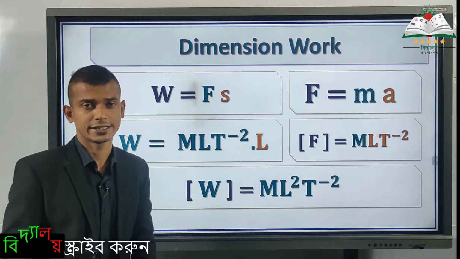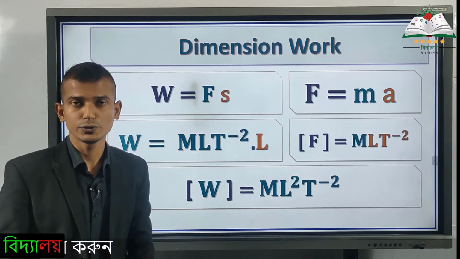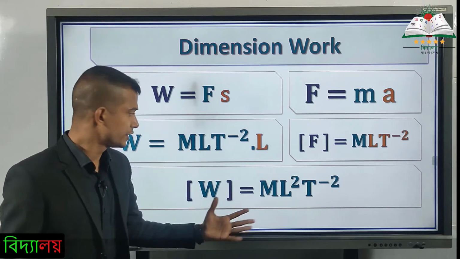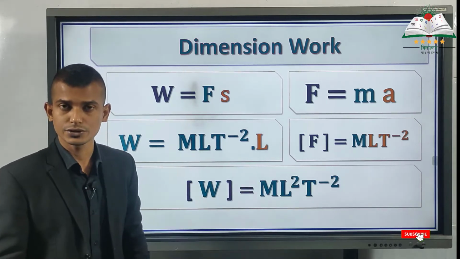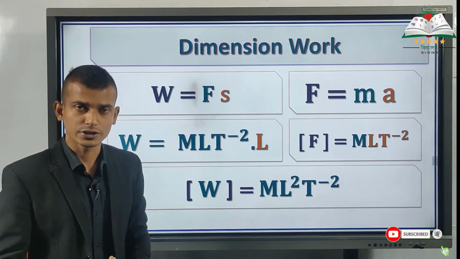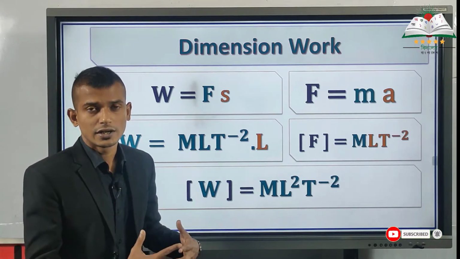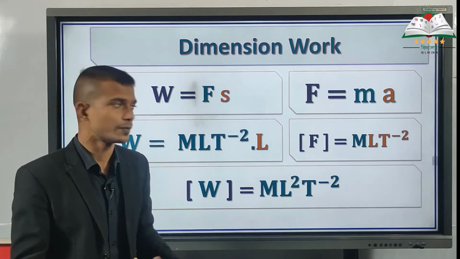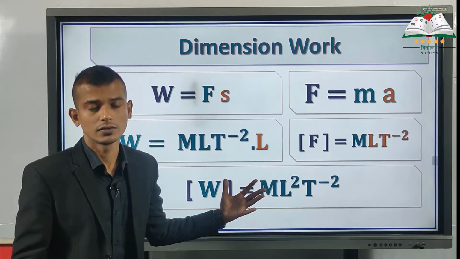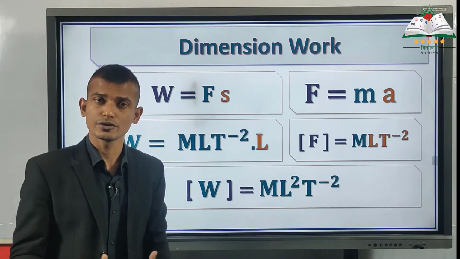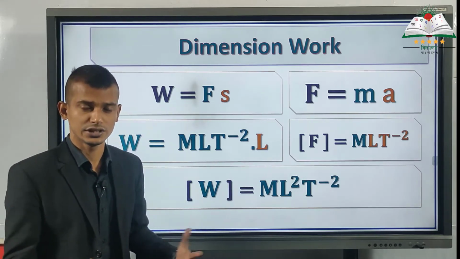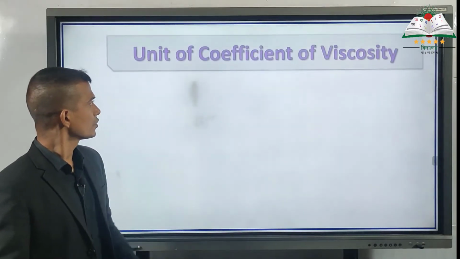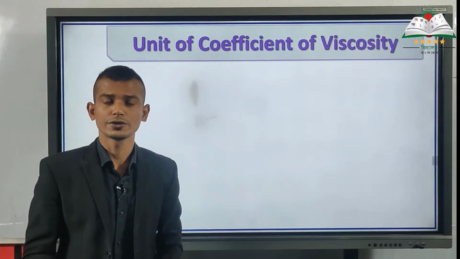In the later stage, I am going to use the unit and dimension of force and work done directly, which is force is MLT inverse 2 and work done is ML square T inverse 2. If you can remember it, I think it will be easier for you to solve all the units and dimensions, and it will save you some time in the MCQ in admission tests as well and at the SSC level as well. So our main topic today was the